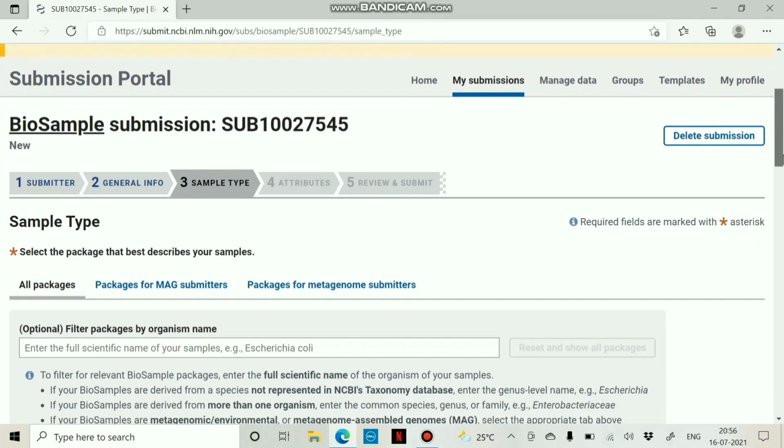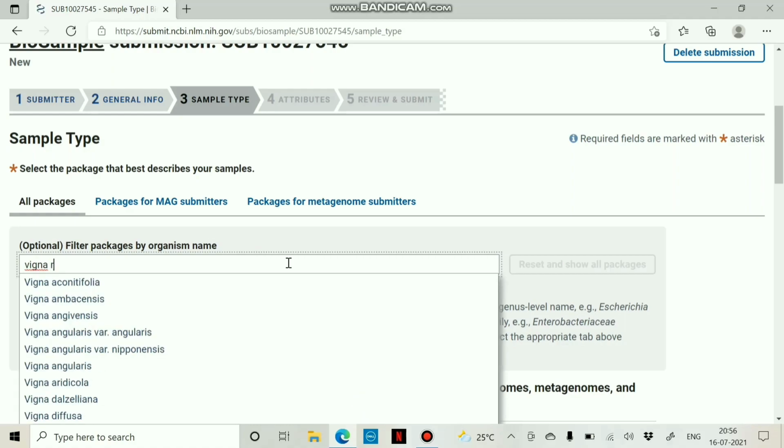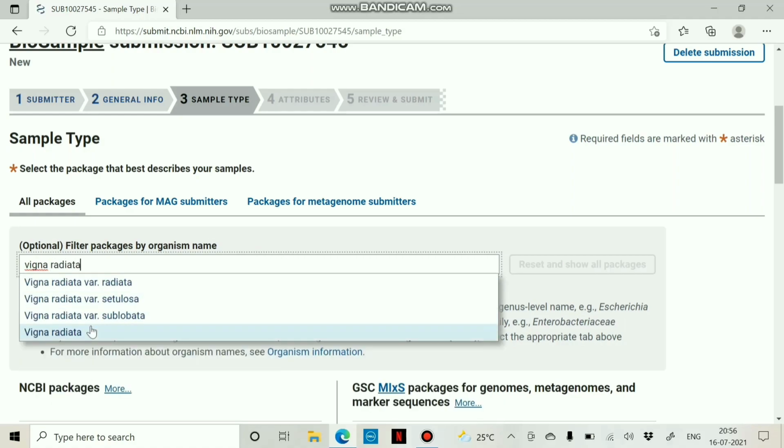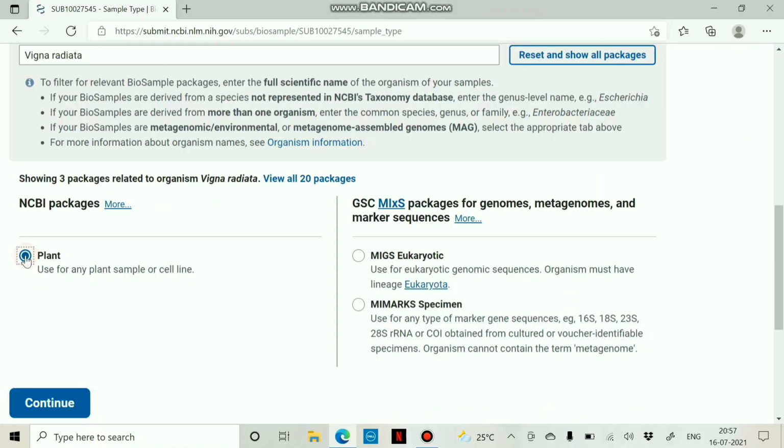In the sample type, select the appropriate sample type. Here specify the organism name. Click continue.